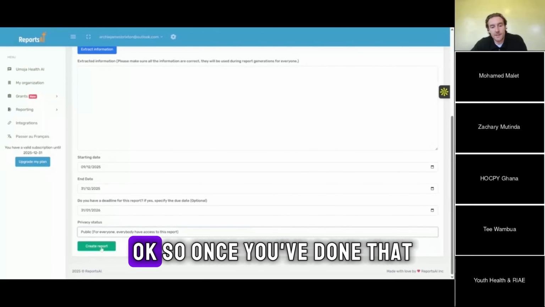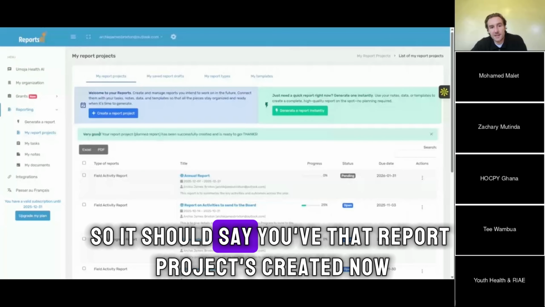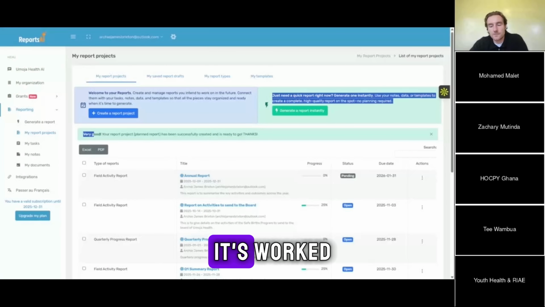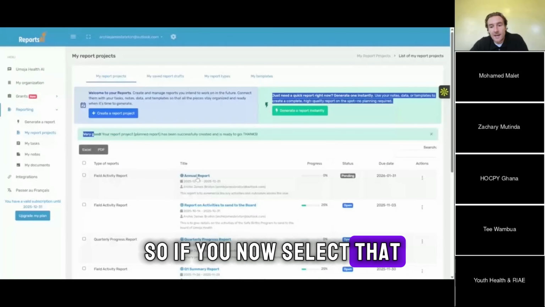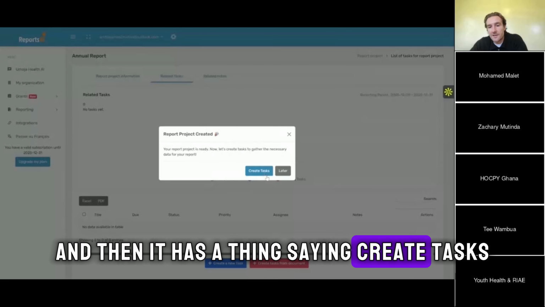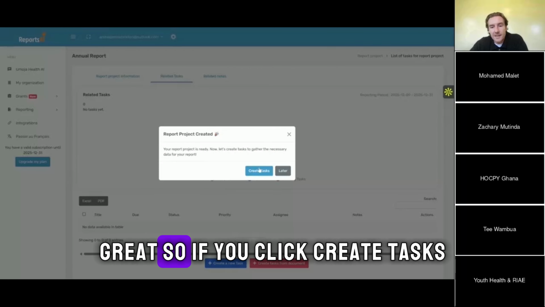Okay, so once you've done that, did that work for you? It should say that the report project's created now. Yeah, it's worked. Okay, great. If you now click on it, it will pop up with a box saying report project created, and it has a button saying create tasks. I see it now. Great. So if you click create tasks,